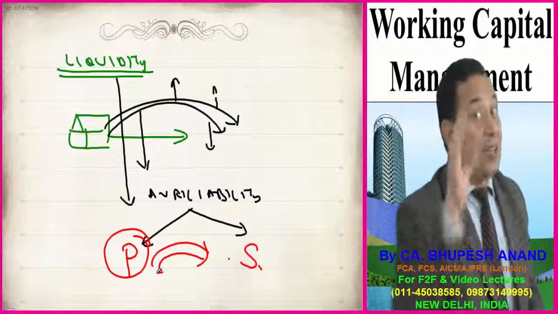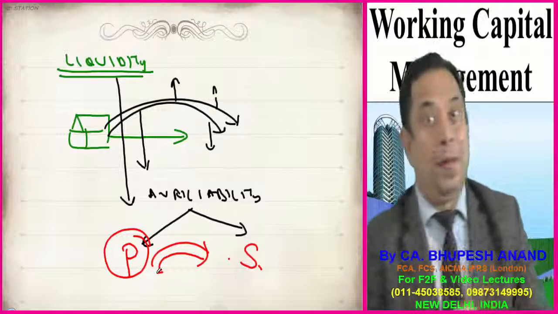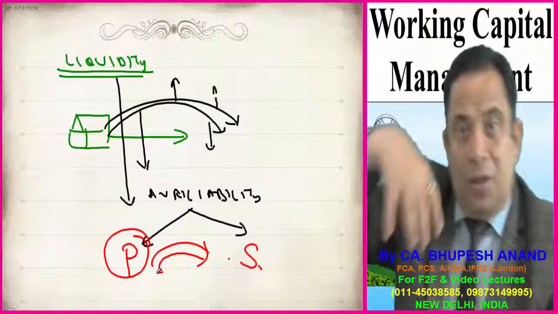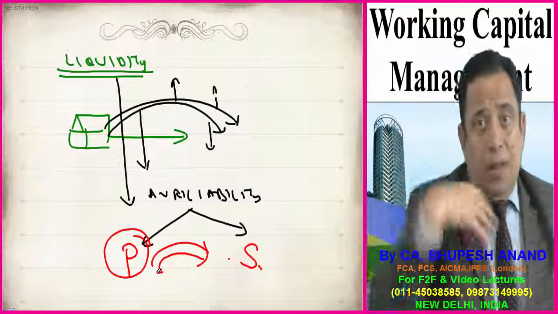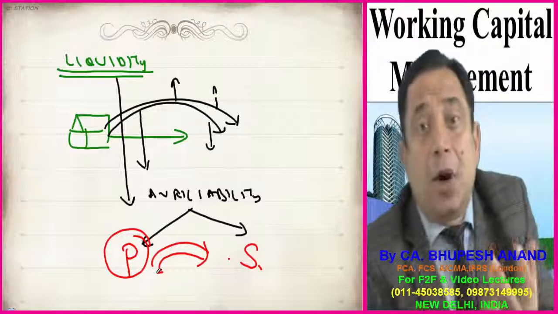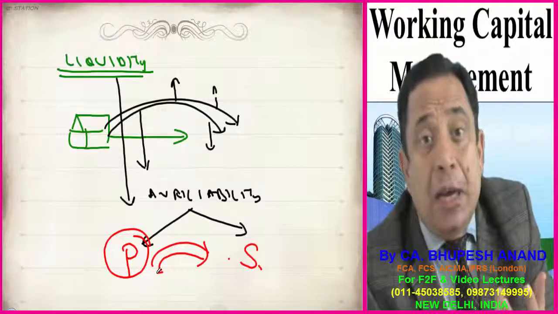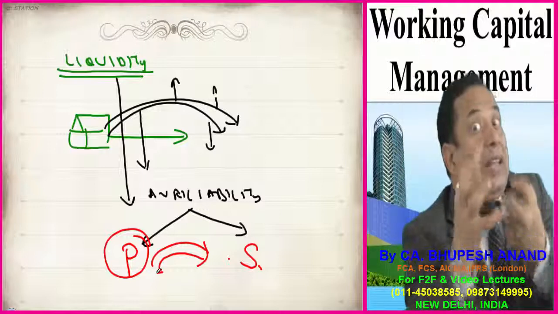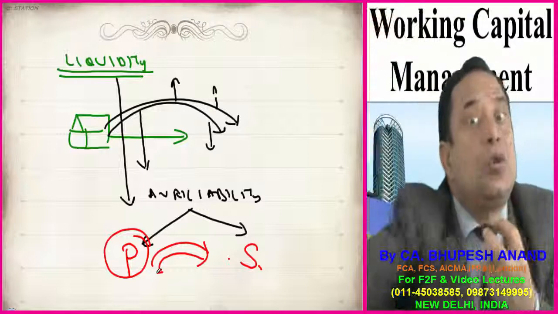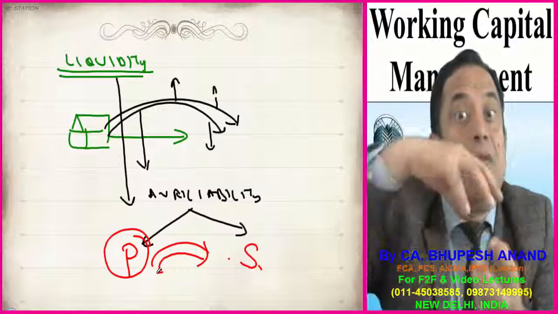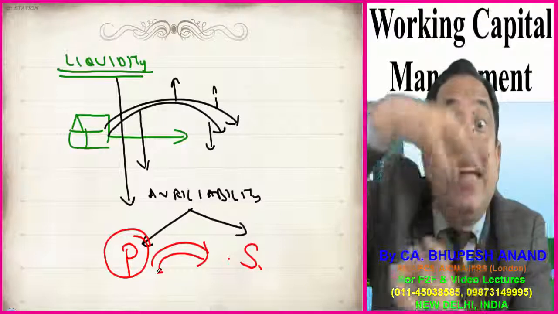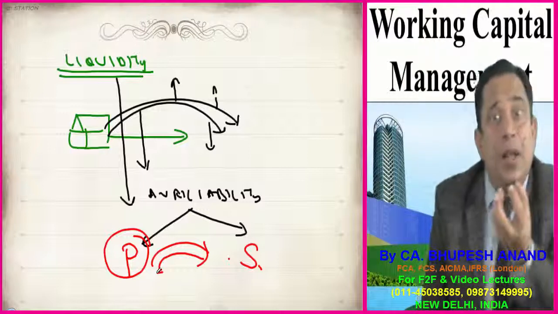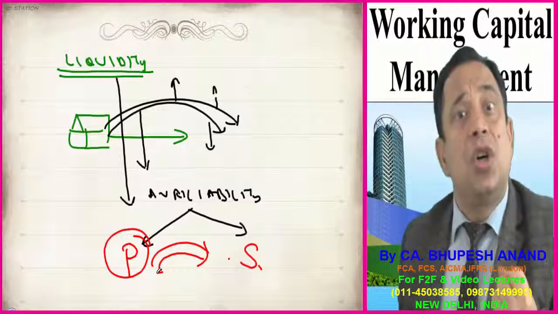For example, in case of Kingfisher Airlines, if cash is coming by the trips of those aeroplanes, that is operating activity. But because cash is not coming, there is a problem in the liquidity position in case of Kingfisher Airlines. So they have gone for a secondary source. That is, they want to restructure their debt, and in actuality they have restructured their debt. For example, now what is the meaning of restructuring of debt?